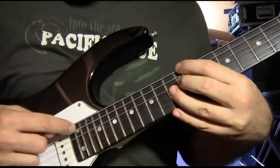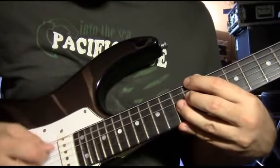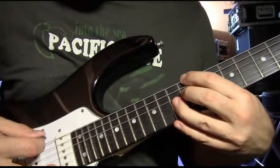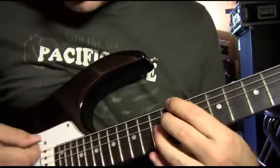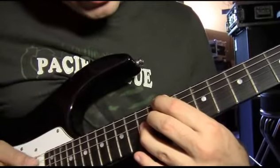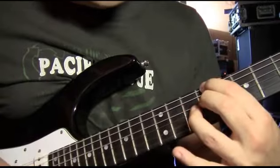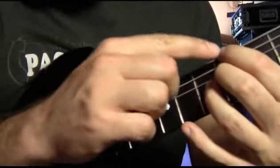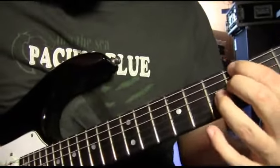The one here that is on the 5th string is muted by the flesh of my index finger, so it doesn't ring. I only have these 3 fingers I'm pressing now that are ringing. All right, so, and I'm gonna go down chromatically fret per fret, until the 6th and 7th fret. All right, so we have 6, 6, 7 here. So I go down,